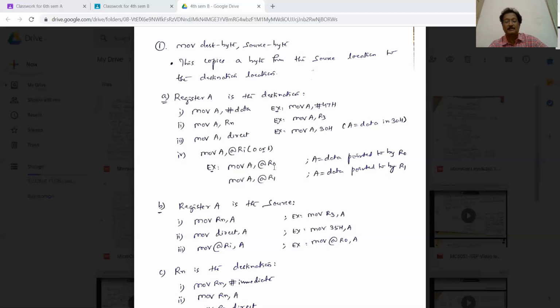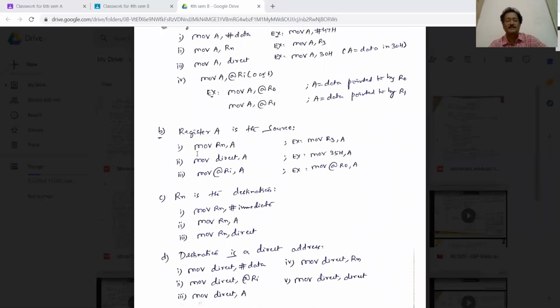One good thing with this addressing mode is, once you write this, you can keep on writing increment. So successively, the next memory locations' data will come to the accumulator, if you want it in your program.